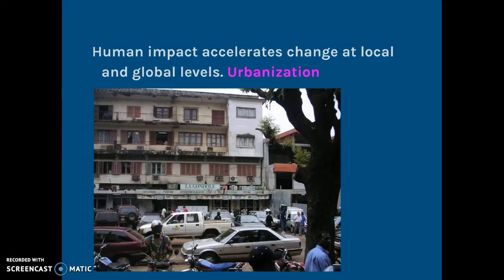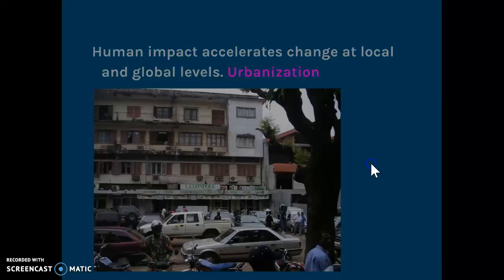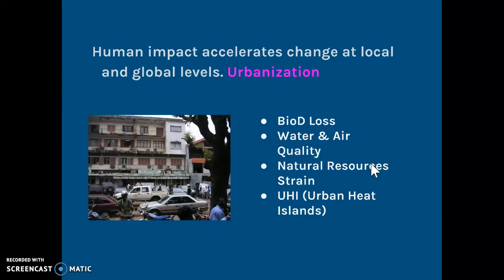biodiversity hotspots. So urban expansion is going to lead to the demise of predicted amphibian species, mammalian species, and bird species that are critically endangered or threatened at the moment. So, of course, we're talking about biodiversity loss, water and air quality can go down, there's a strain on natural resources, and we also have what are called urban heat islands, and these are a metropolitan area that is significantly warmer than the rural areas surrounding it because of human activities. We have surfaces of pavements and roofs reaching high temperatures, and at night we're going to see a huge